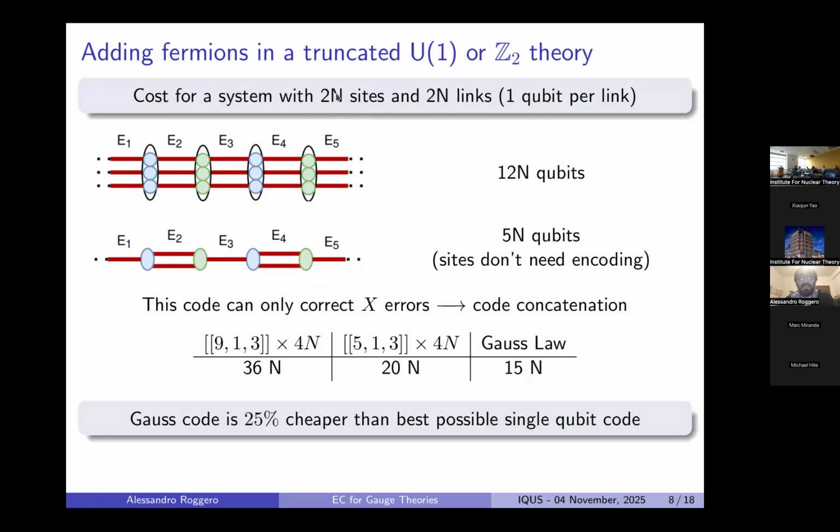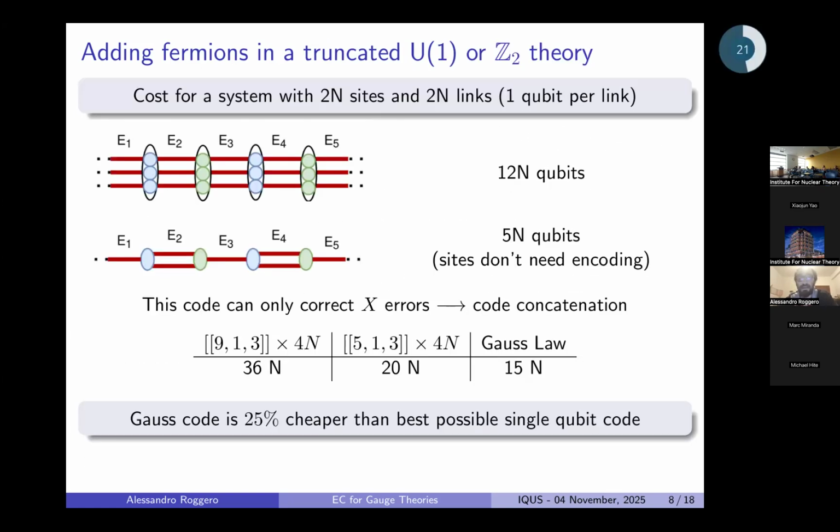So in general, we are going to do a Z2 theory, so that we really only have a single logical qubit pair. Okay, so this is 4n logical qubits. If we want to encode all of them using a gravitation code, that's going to be 12n. Okay, if we do this